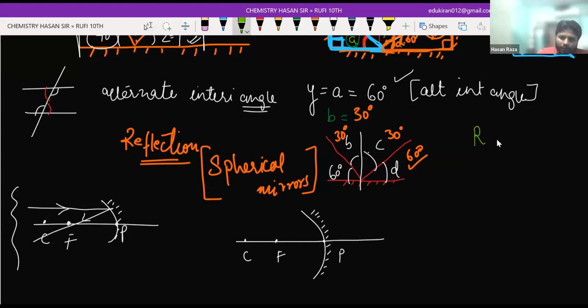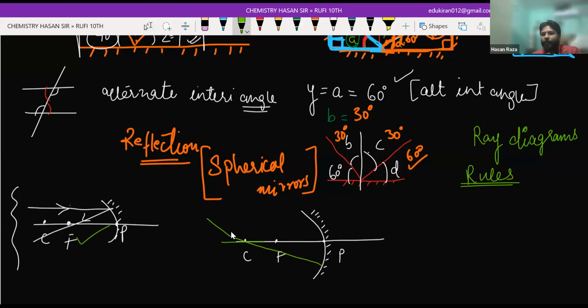Okay, what I was saying is that this ray diagram will be very easy if you are able to understand the rules to draw the ray diagrams. Like if a ray goes parallel to the principal axis, it will pass through focus. If a ray passes directly through the center of curvature, you know what will happen? Whenever a ray passes through the center of curvature, it will strike the mirror at 90 degree. And you know what? When you throw a ball at 90 degree on a wall, it will retrace its path. So there are 3 to 4 rules. You just need to go through that before